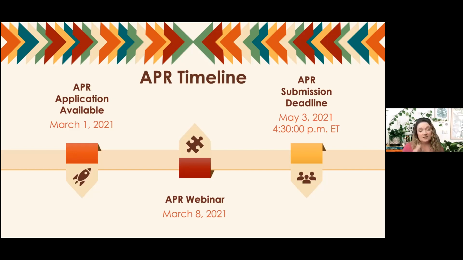And you'll notice that the deadline goes out to the seconds. It says 4:30 and 0 seconds. That means it's a computer system. At 4:30 and 1 second, that system closes. And so if that's when you hit submit, it's not going to take it because it's now past the deadline. And just because the system has slowed down, it doesn't extend that deadline.